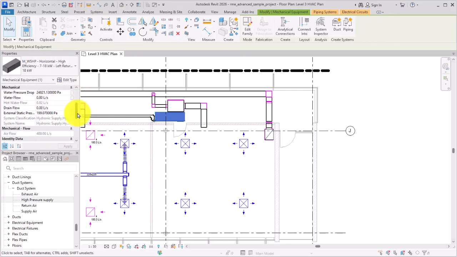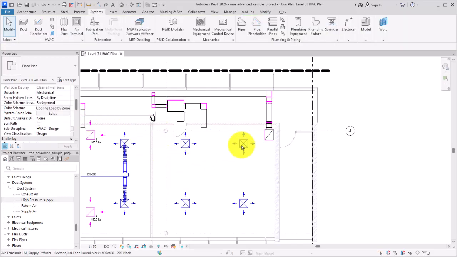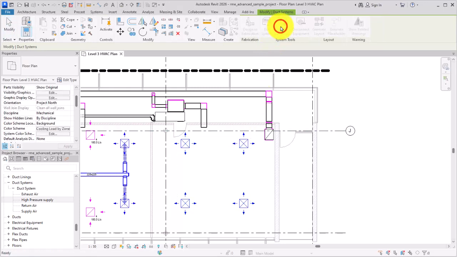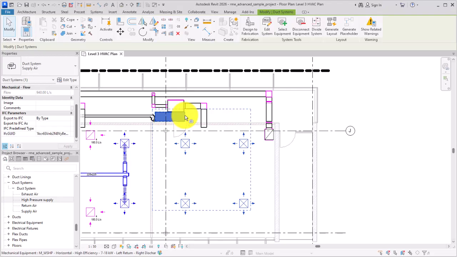In this example, a heat pump is added to the system. Notice that the heat pump has more than one system classification. It is assigned to the same system as the diffusers, Mechanical Supply Air 36. You can manually connect equipment and diffusers by placing the duct yourself, or you can use